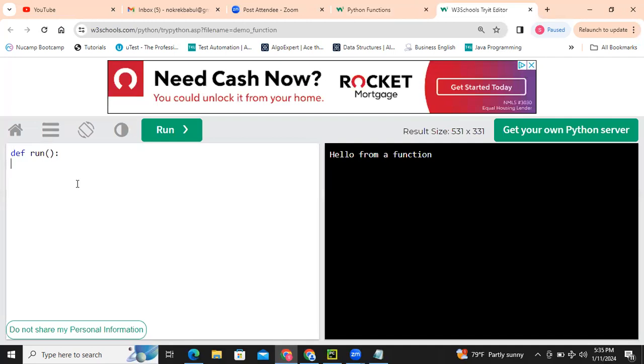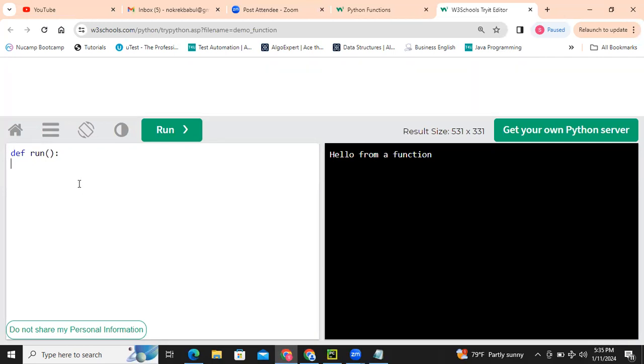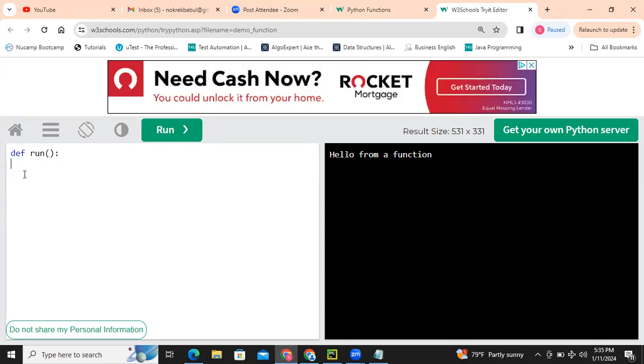If you are using any IDE, integrated development environment, it can be PyCharm, or Eclipse, or any IDE, automatically it will go inside the function like this.